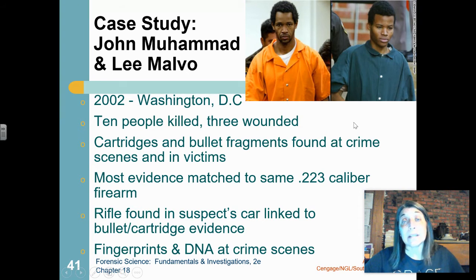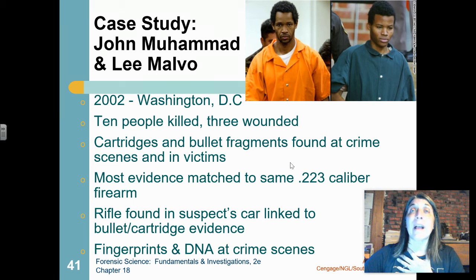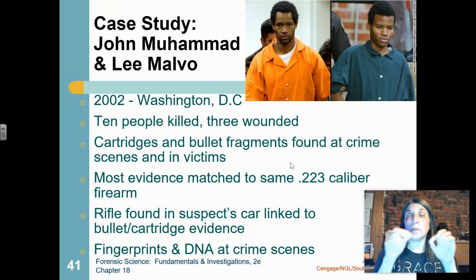As far as the ballistics go in these cases, they were able to obviously get cartridges. They found cartridges at the crime scene, the places where the car had been parked. They found bullet fragments, which was really the biggest thing. They were either found at the crime scene or in the victims. And I couldn't find the really good video that I usually show each year that talks about how they found the fragments from the bullets, and they were able to, even though they were so